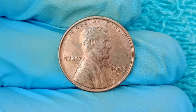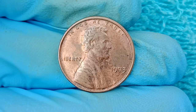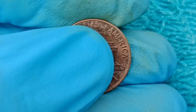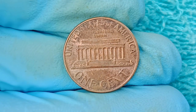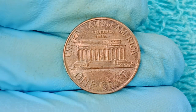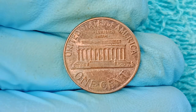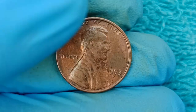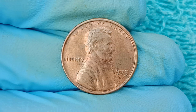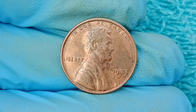Imagine finding a coin in your pocket change that turns out to be worth not just a few dollars, not just hundreds or thousands, but an earth-shattering $619 million, a staggering value that would make even the rarest pieces of art or the priciest luxury assets pale in comparison. And that exact unimaginable reality belongs to none other than the elusive and historically electrifying 1973 1-cent coin from the